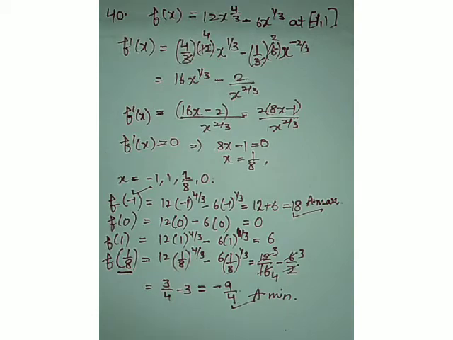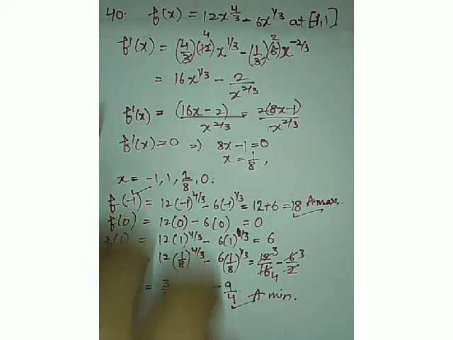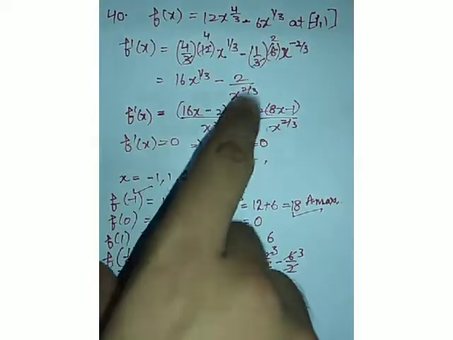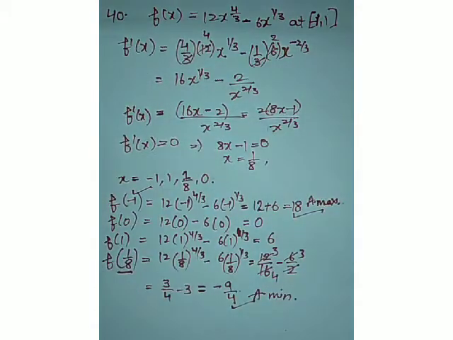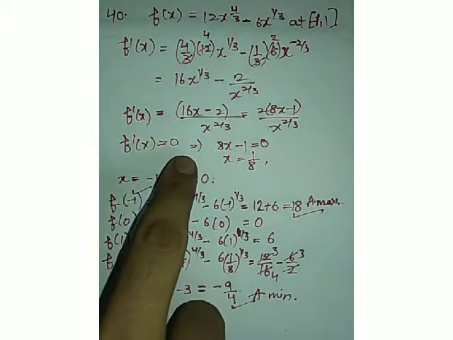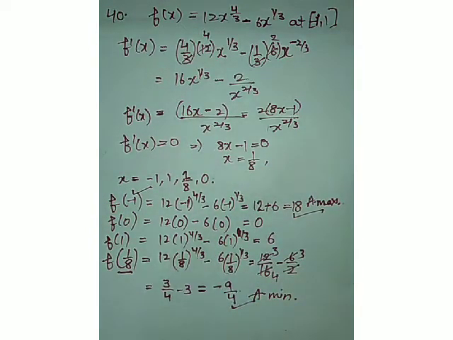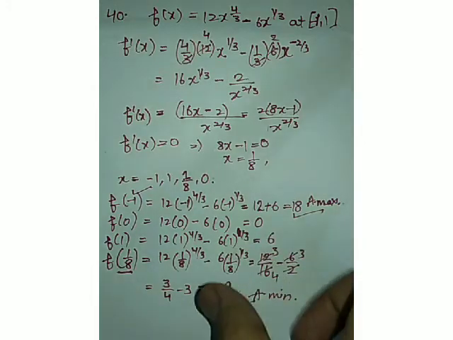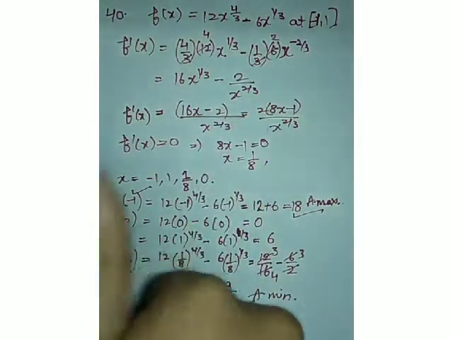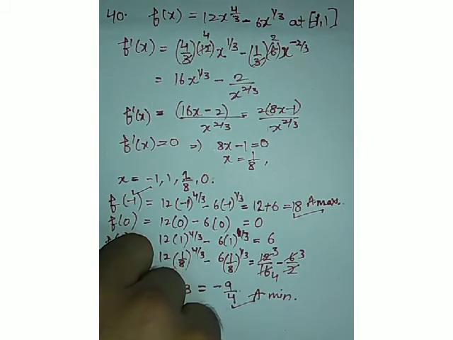There is one example, example 41 in your book. It is the same as the examples we have done in our previous video of application of maxima and minima. So you can try example 41 yourself, and if you find any problem or doubt while attempting it, you can contact me. You can DM me on my Insta ID, which is given in the description, and you can also use the comment section.